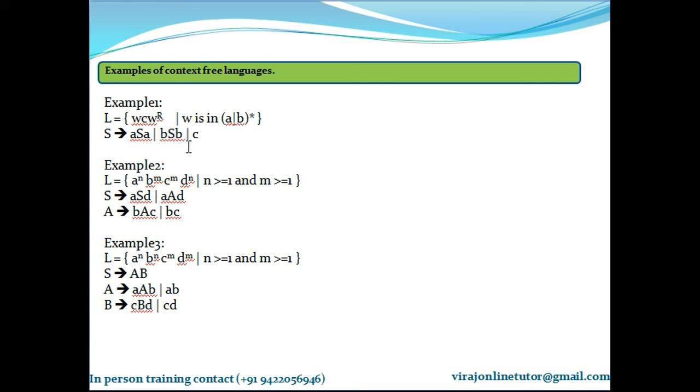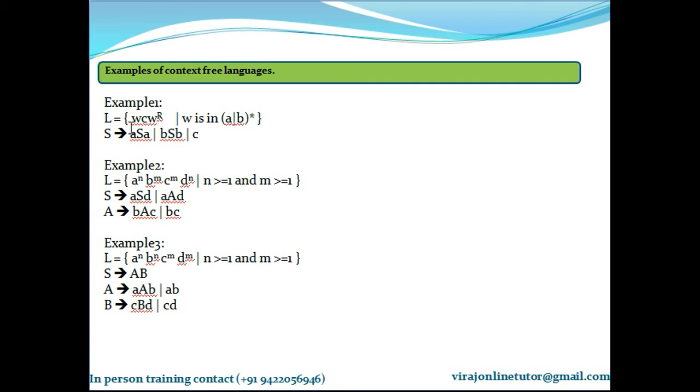So with this grammar, I keep on substituting. Suppose I take any example, any string, like a simple string ACA. Is ACA a valid string from this language? Yes. How? Because there is an A here, there is a C here, and the opposite of A is A. So ACA matches. So how will we reach that ACA from this grammar?